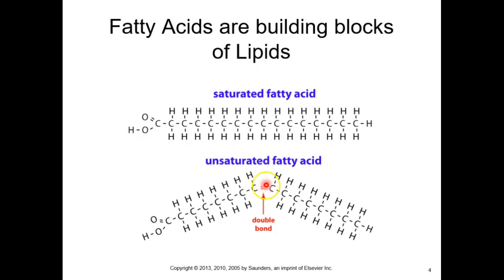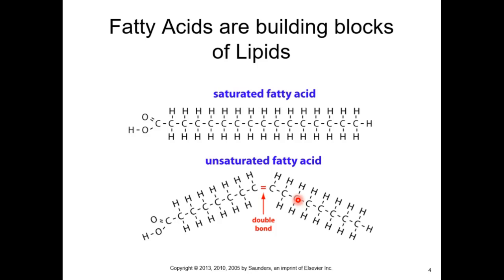So an unsaturated fat, there's a double bond and that creates a kink. And because it no longer lies flat, it's no longer going to be solid at room temperature. It's now going to be liquid at room temperature. So your olive oil, your canola oil, things like that will be unsaturated fatty acids. And you can have multiple double bonds, and the more double bonds there are, the more kinks there are, the more liquid it's going to be at room temperature. It also makes it less stable, so there's a shorter shelf life in our unsaturated fats.